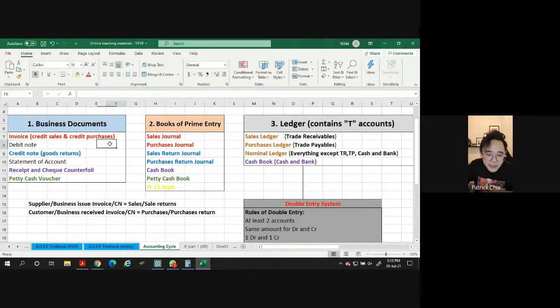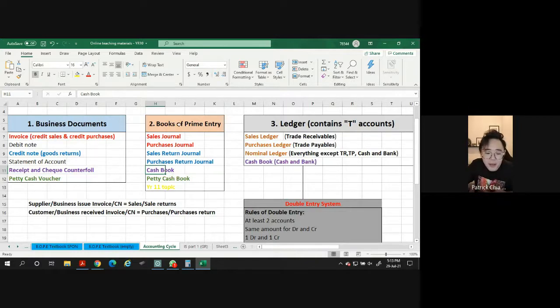Invoices have to go into the sales journal or purchases journal. Later I'll come to these two things. After that, credit note is about the returns. So these four, the books of prime entry, cover these two documents already. And of course, we also have the cash book. Cash book is all about our money book, our money in and out. Anything to do with money is all recorded inside the cash book.